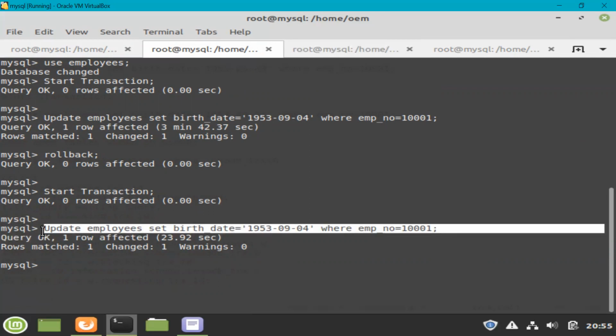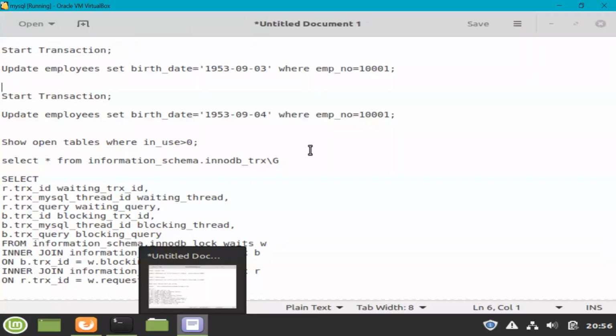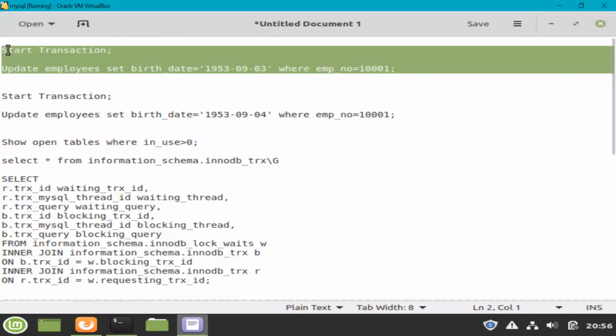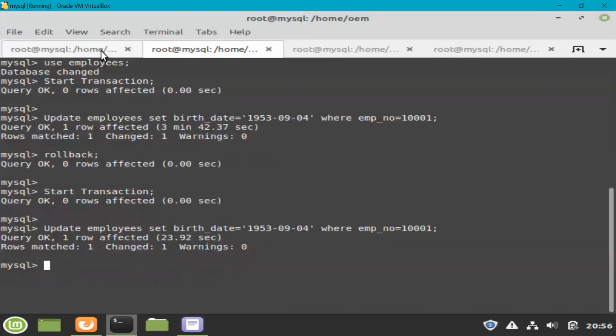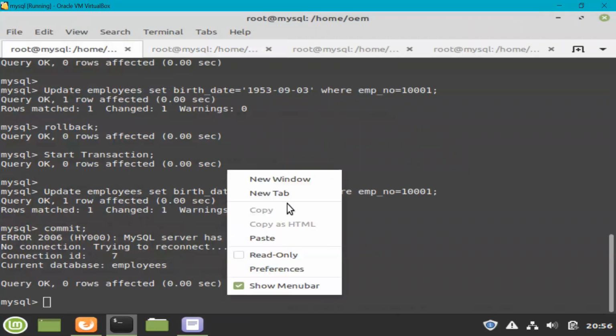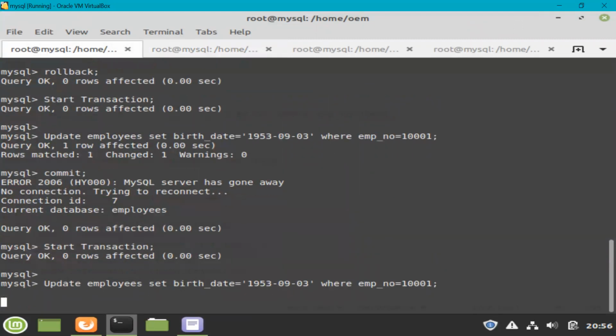Okay, but it is not yet completed. If I run any other command again, then this command will start to block the other command if it is using the same row in the same table. So let me go ahead and copy this command and execute it from here, and you can see that this time it has been blocked.